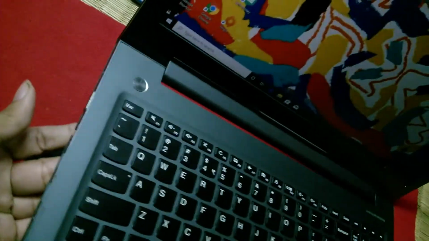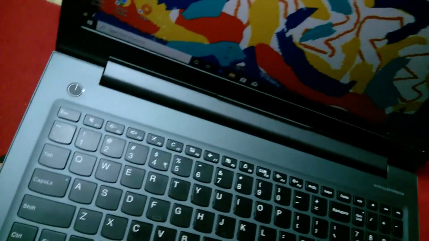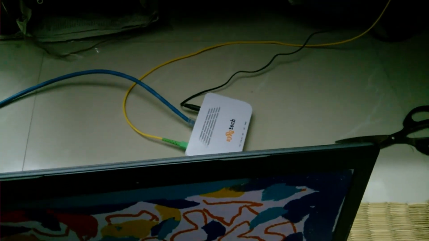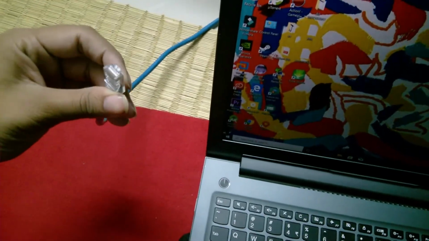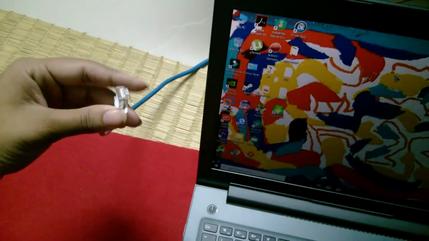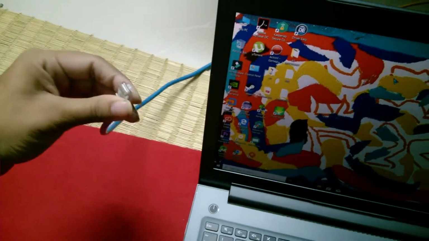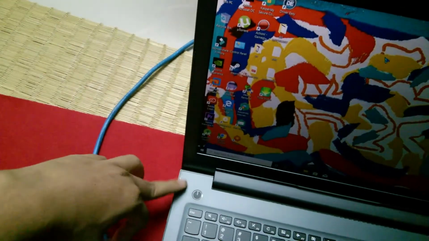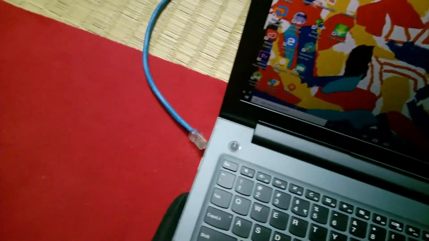After installing your broadband connection in your home, it may be a normal cable or an optical fiber cable. First, plug this LAN cable into the LAN port of your laptop or computer.